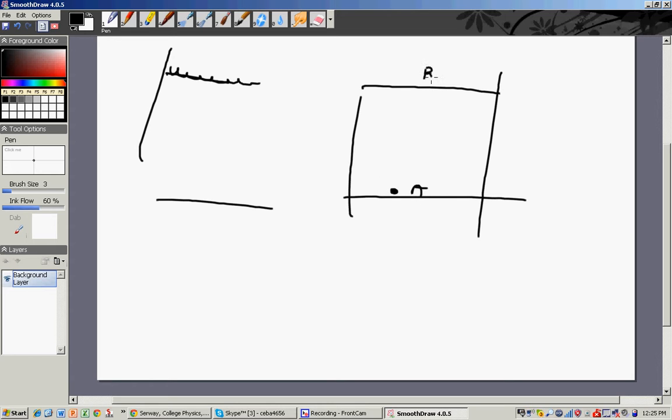We have a point A, and point B up there. That's the atmosphere, and there is a liquid of a certain height. This is point A. Then we can say that the pressure at point A is equal to the pressure at point B